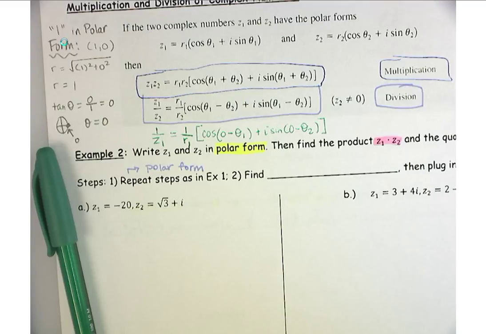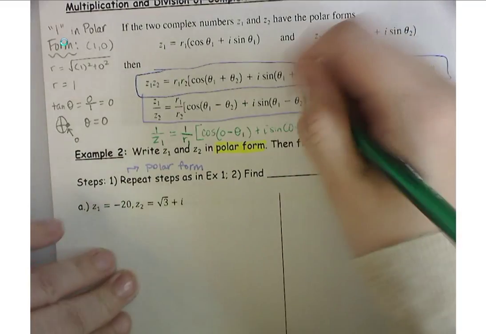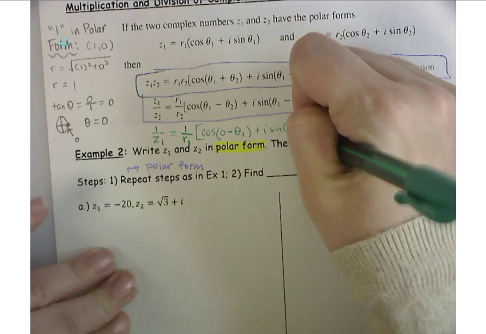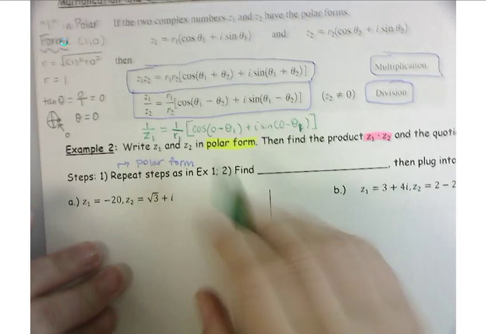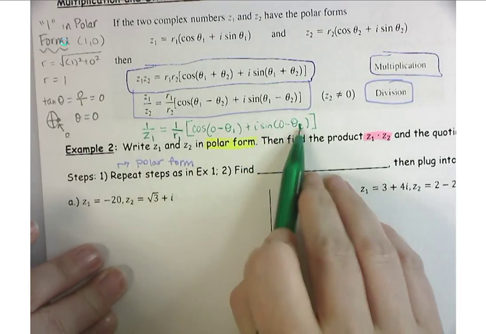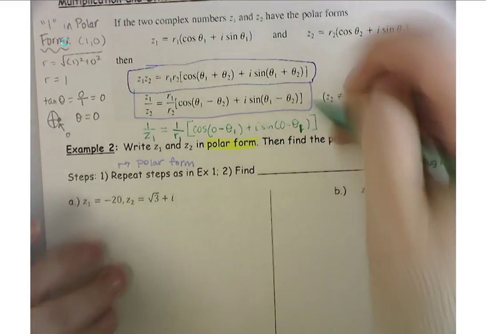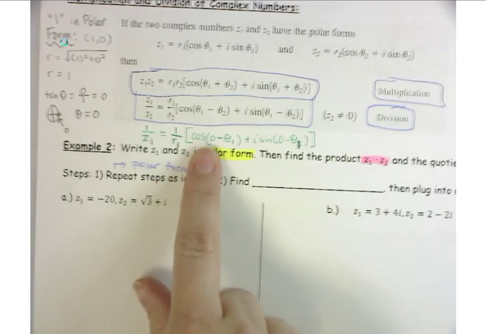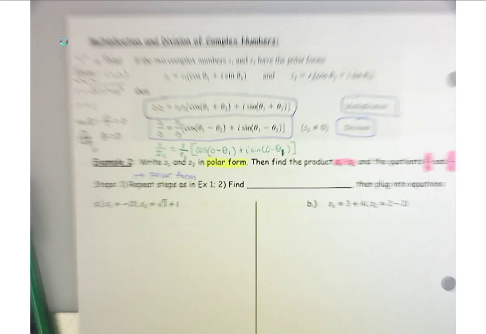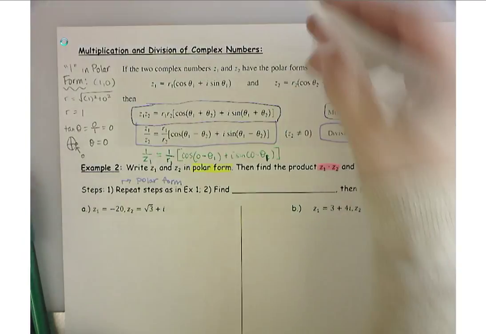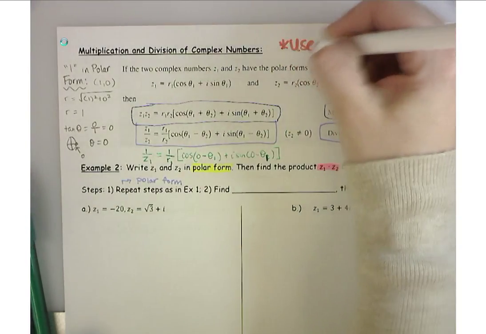Yeah, this should be theta sub 1. Those should be the same. 0 and 0, theta sub 1, theta sub 1. Sorry about that. Okay, so because those are going to create negatives, you are going to have to use the